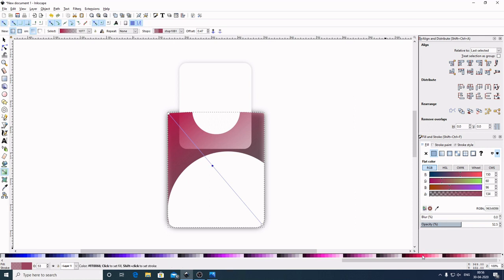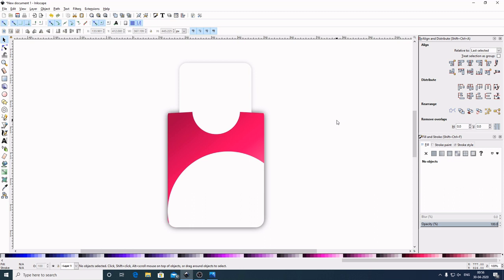Select this one node and give this one this lighter color. Now select the circle node and give this one the second last color. Now bring this node a little bit down here. Now select out of the graphic to deselect.